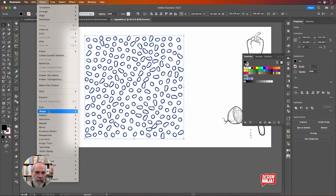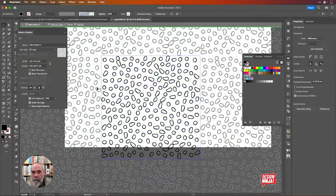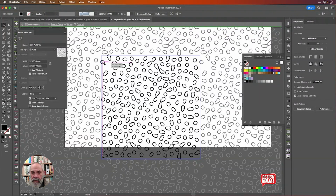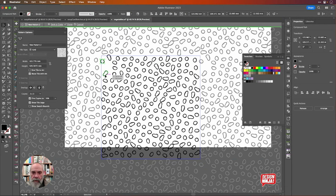I know it's past. I'll be out of the way in just a second. Okay, so object pattern make, and then this is where I'll actually start shifting stuff around. Right, so you can see that now I've got lots of options to play with here. Now it got me started beautifully, but I can just move things around to get them so they're pretty much, in fact I don't want that piece, I'm just going to delete it. Let's bring this lentil thing in there, and then I just start pulling these to different places, swapping them over